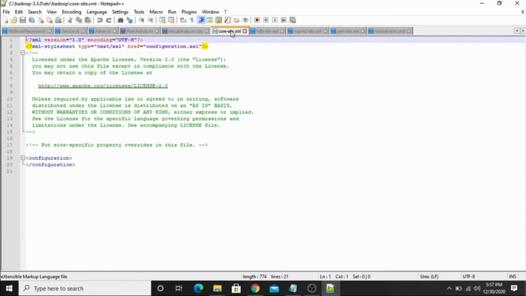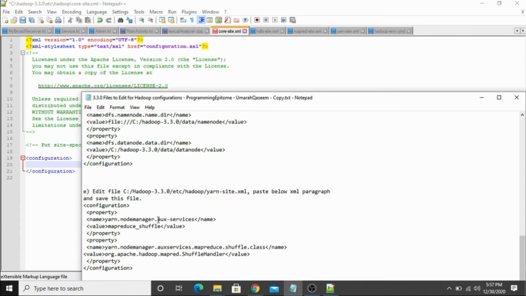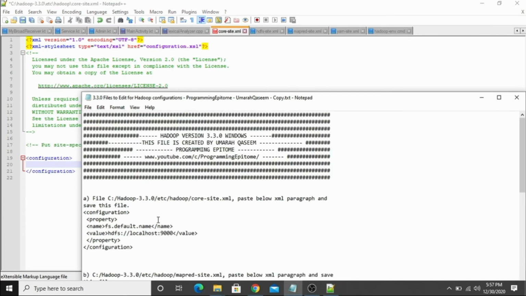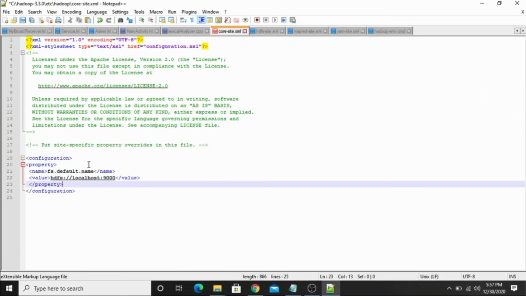Now let's begin with the core-site.xml, and here between the configuration tag we have to write this property. Copy this property from this file and paste it here. I will share the link of this file in the description.